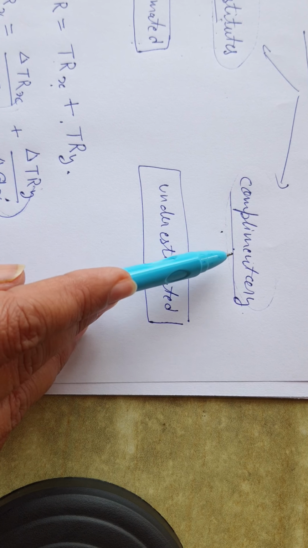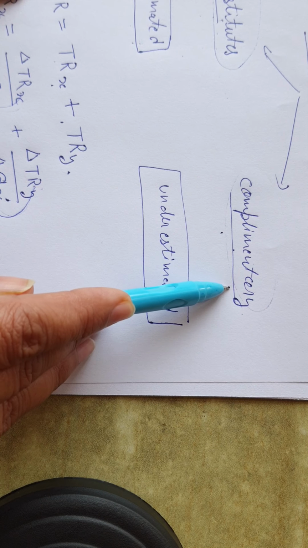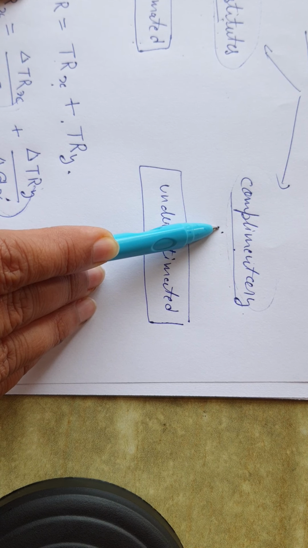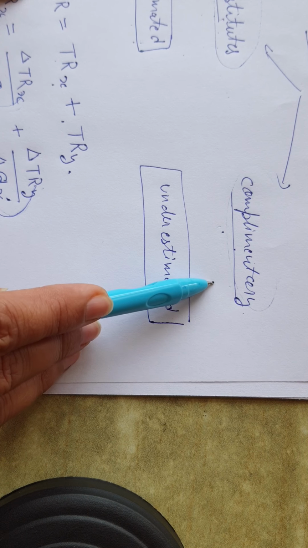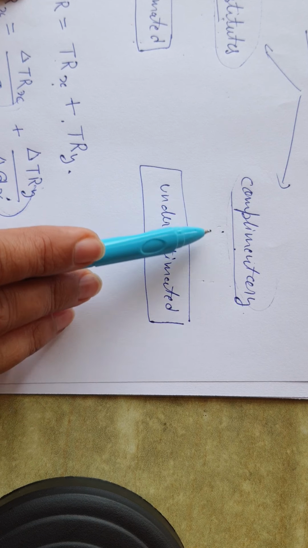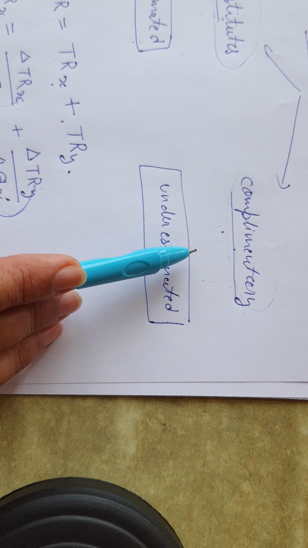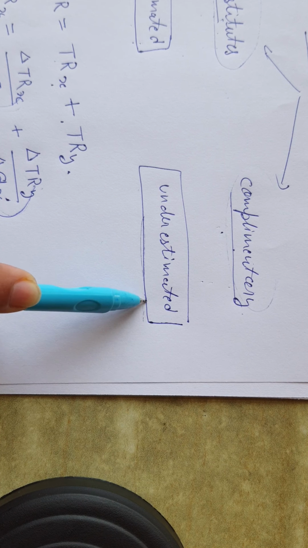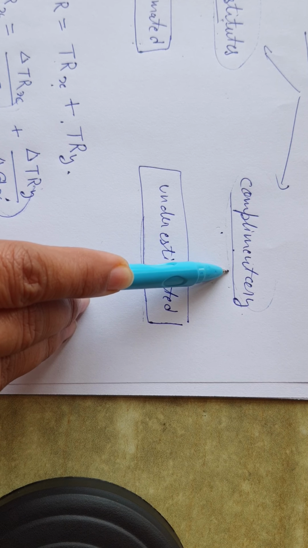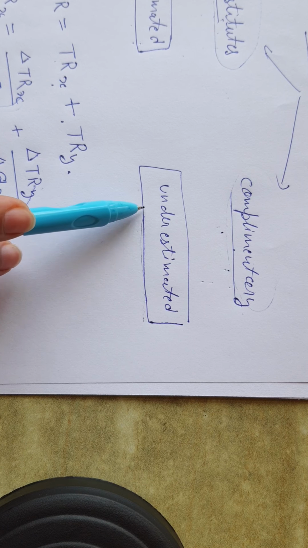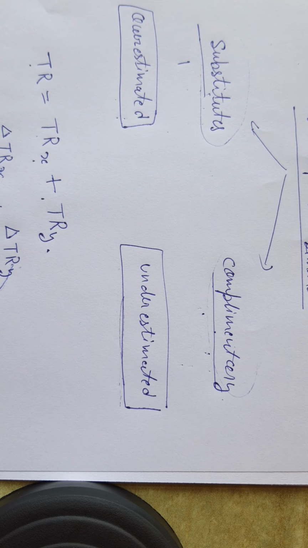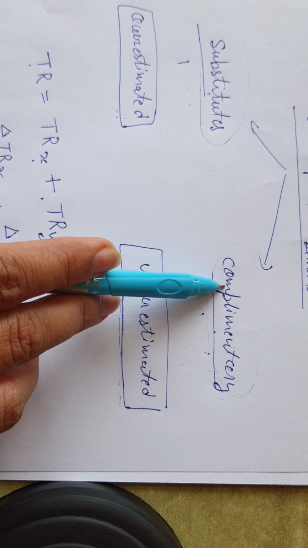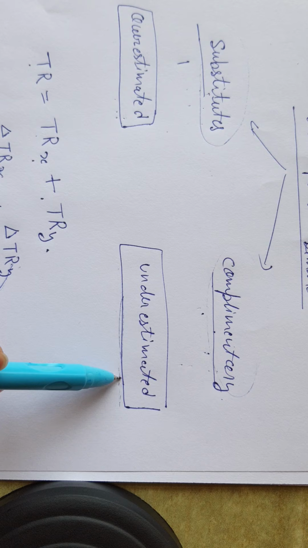Whatever is happening to your revenue, if complementary goods are there, for example if you are producing and selling mobiles, but people are purchasing mobile covers also, and you are producing mobile covers also, these two commodities are complementary. People usually use them in combination. In this way, you are underestimating your revenue. By producing one more of this commodity, what is happening to your total revenue will be underestimated. So if substitutes are taken, there will be overestimated revenue, and if complementary goods are there, underestimation will be there.